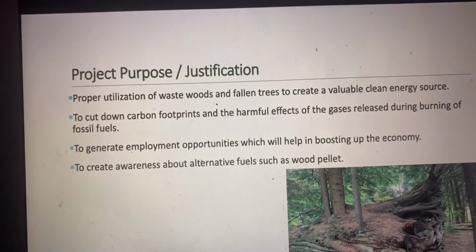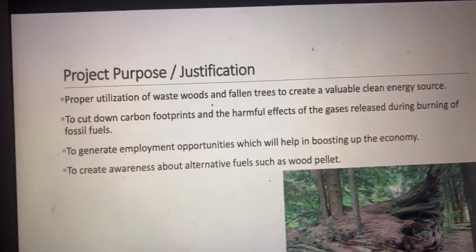Talking about the project purpose or the justification, the main purpose of the project is proper utilization of waste woods and fallen trees. As we have seen, there are so many fallen trees lying around in Vancouver, and there is no proper use for them. So by using these fallen trees as a raw material, we won't only be clearing the land, but also creating a biofuel